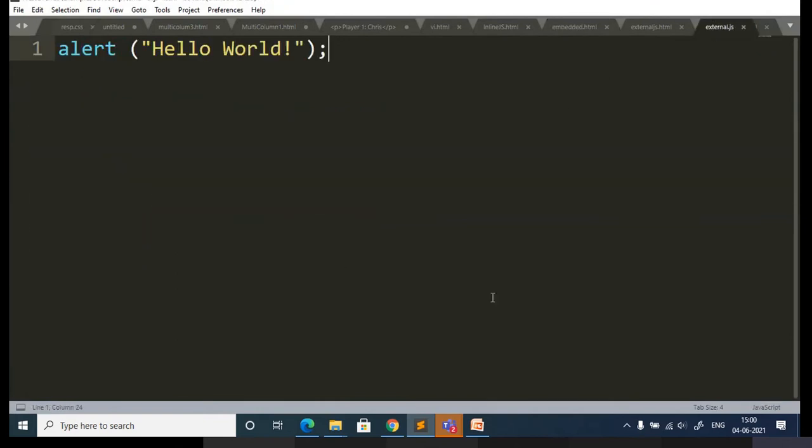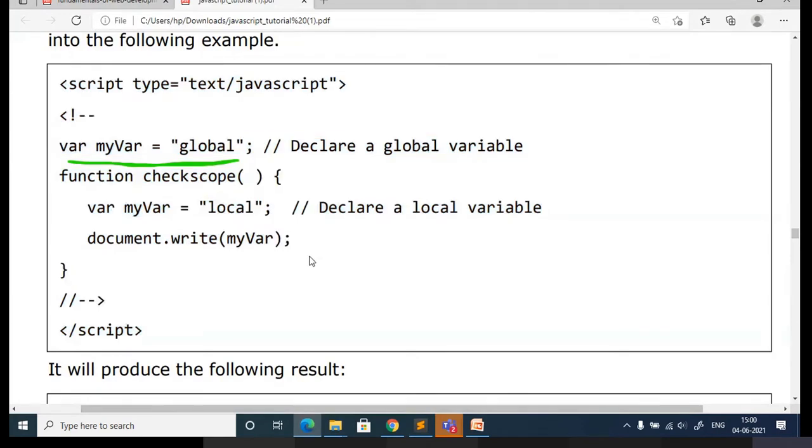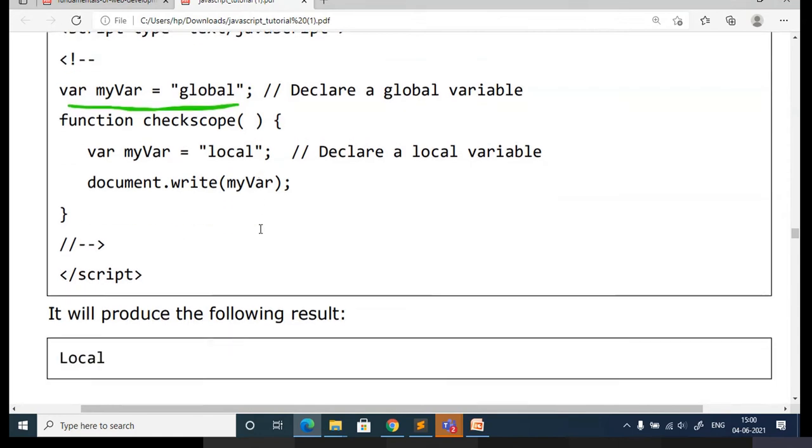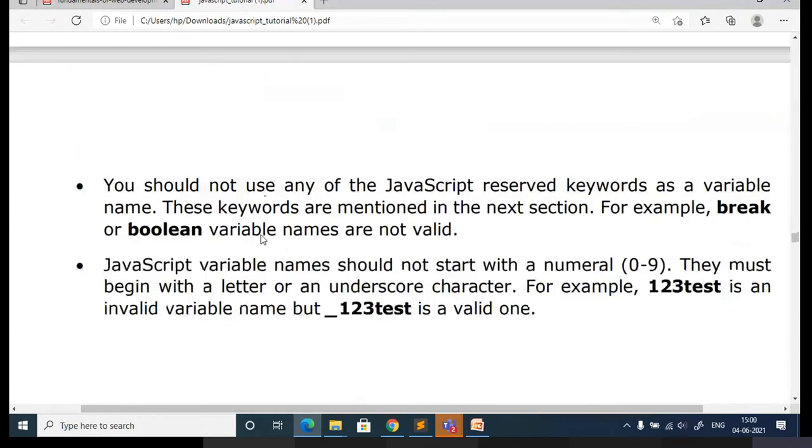Just try to copy this and try. I will check why I am not getting it. The output you should get is local. Let me check this program later. I will move on to the next one.